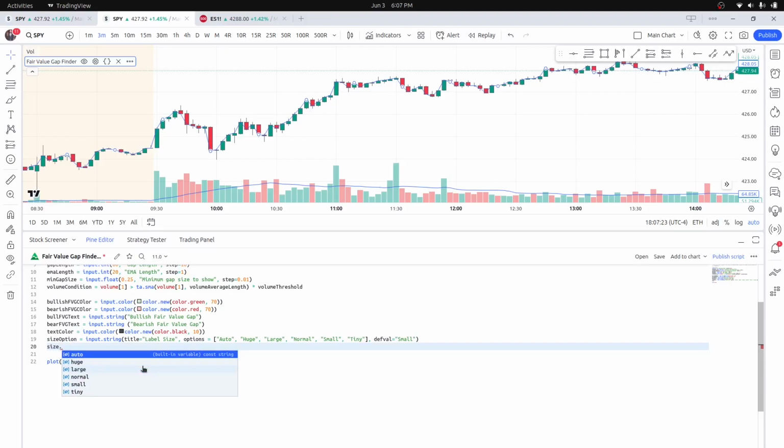But we can't return this. It would have been great if we could have just typed size.auto, size.huge, size.large in these and return this, but we can't do that because PineScript won't turn that text into one of these built-in variables. So instead what we have to do is look at which option was chosen as the size option, and then return a variable based on